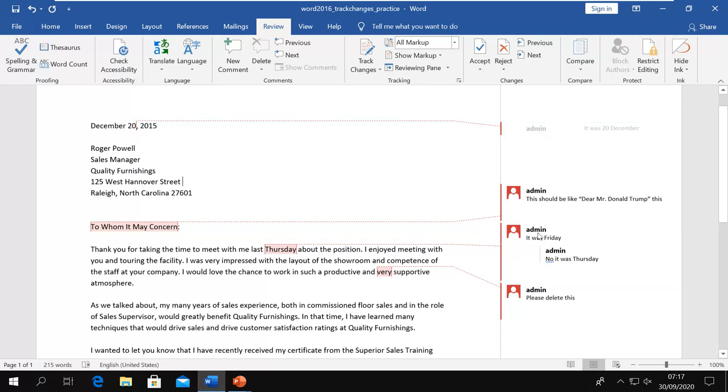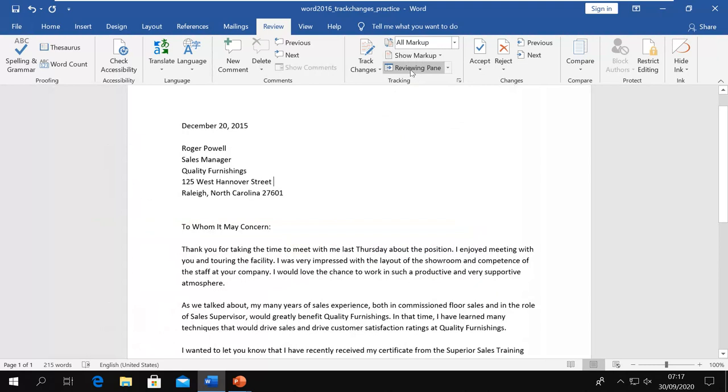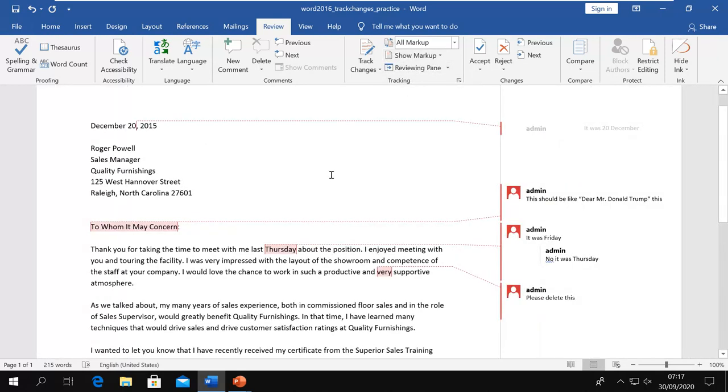Now if your document has multiple comments and you don't want to see those comments, what you can do is go here to the Show Markup option in the Tracking group. Remember I told you these things are already selected. So if I don't want the comments to show, I can just deselect it. But remember, the comments are still there, and I can enable it again. Whoever is seeing the comments can go next, next, next, previous, previous, previous, all those things.